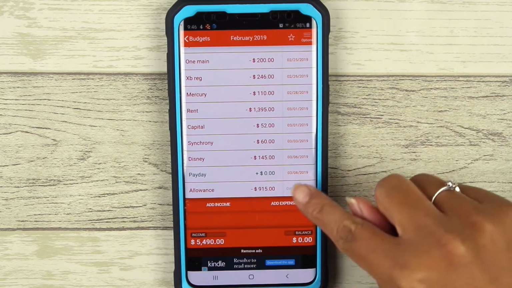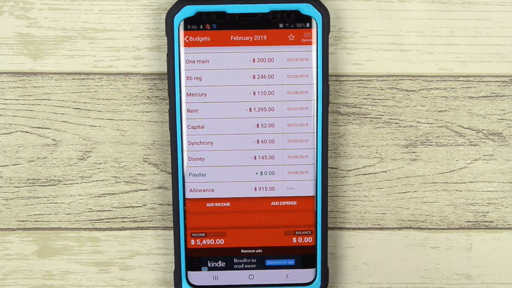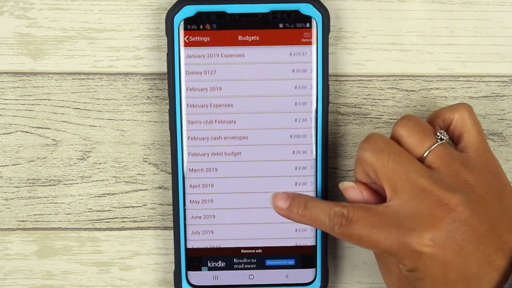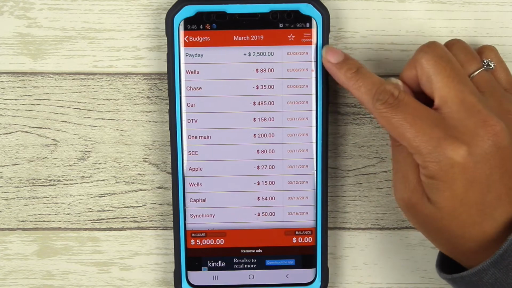But I also like to put on here when our next payday will be, but I don't put anything on there because I will roll it over to the next month, which is in March. So again, same thing here. So payday,